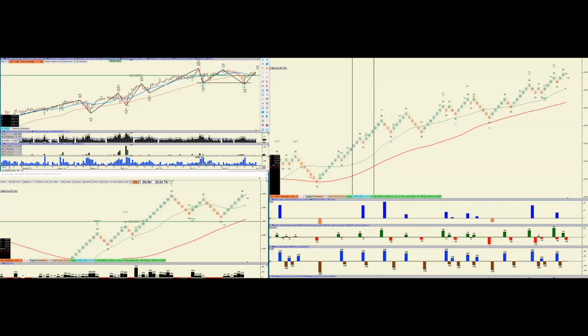Alright, so I just wanted to do a quick review of an opportunity. So this is the YM, the top it's the daily chart, the middle is a